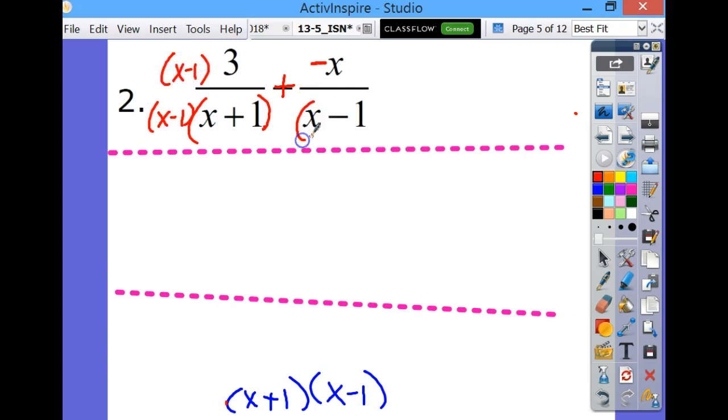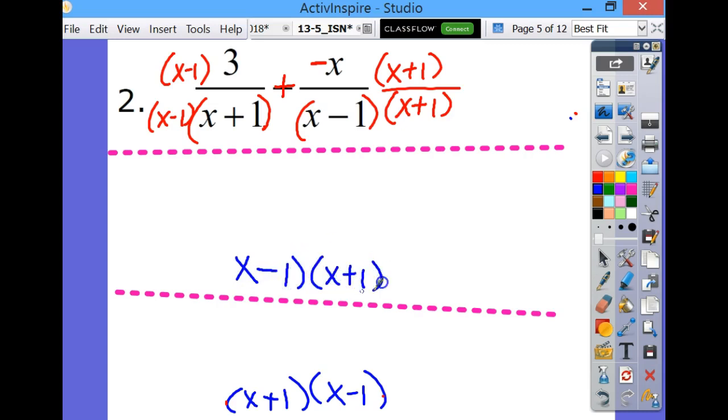What am I going to multiply this denominator so it equals that denominator? Then it's going to have the same common denominator, so I distribute